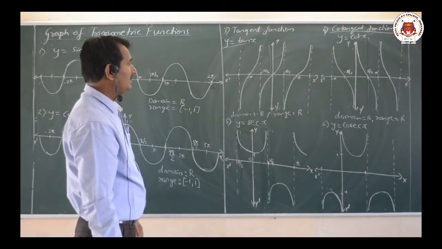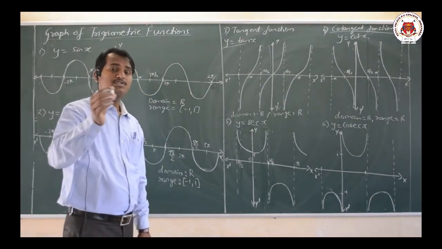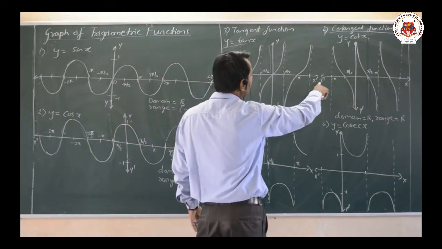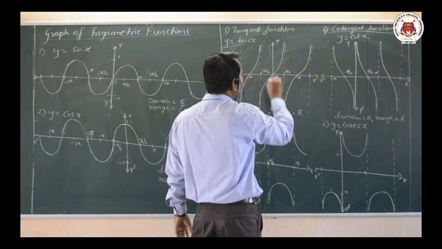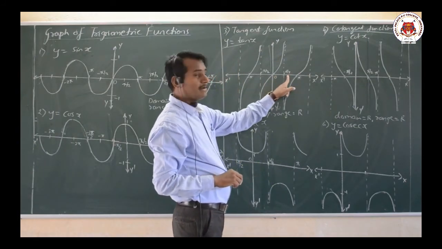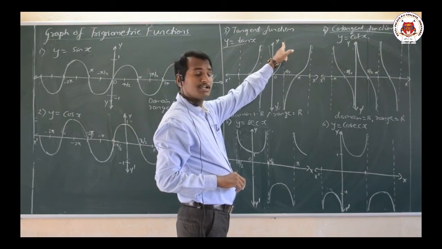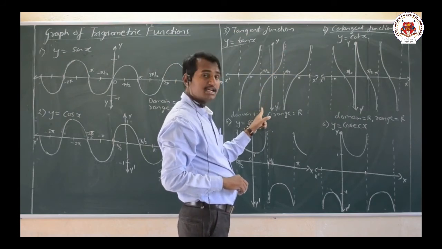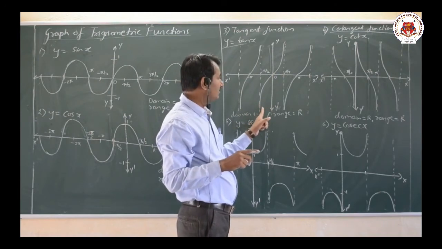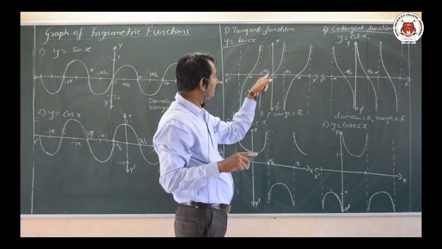Similarly, by looking onto the trigonometric functions of some standard angles, for example it is our y axis, the tan x, its value is 0. Now tan 0 value is 0, but what about tan pi by 2? It is not defined, infinity, and tan of minus pi by 2, again it is tan of minus theta, so that is minus infinity.